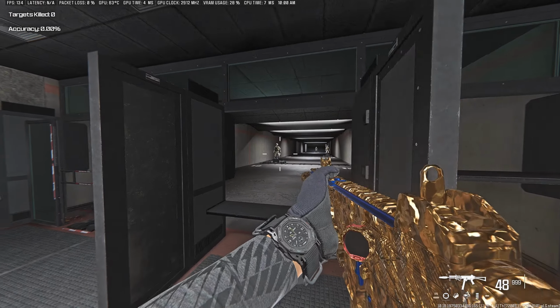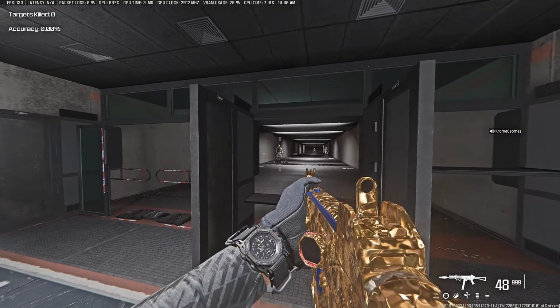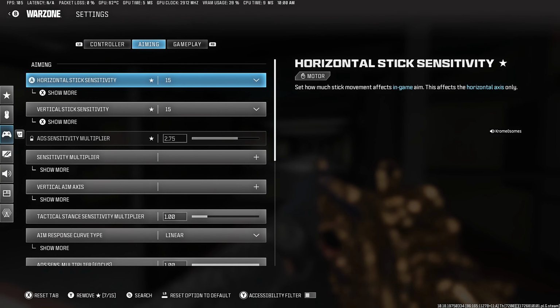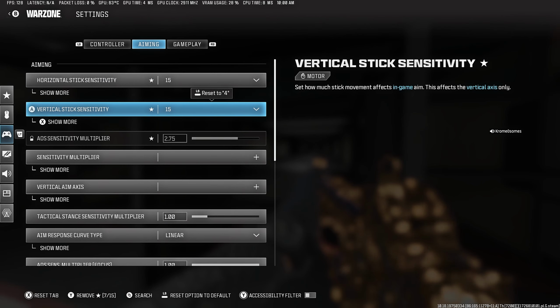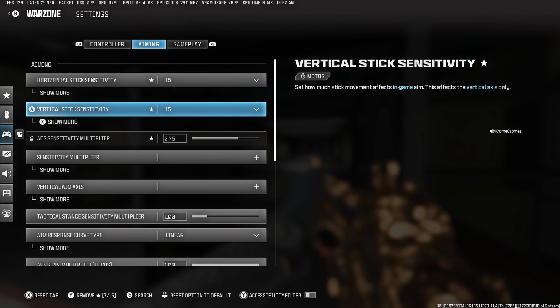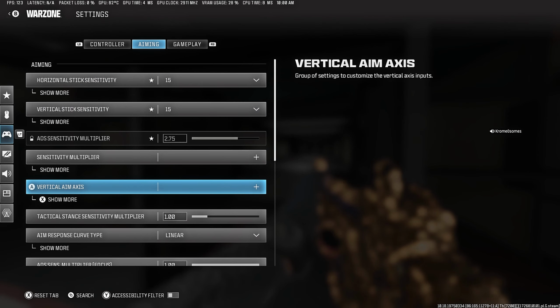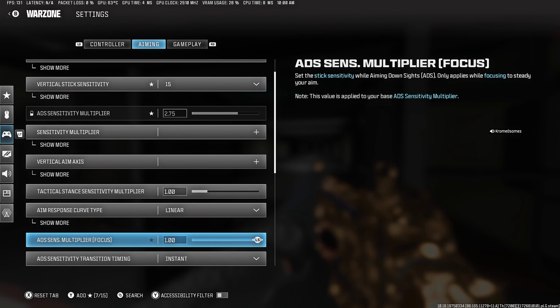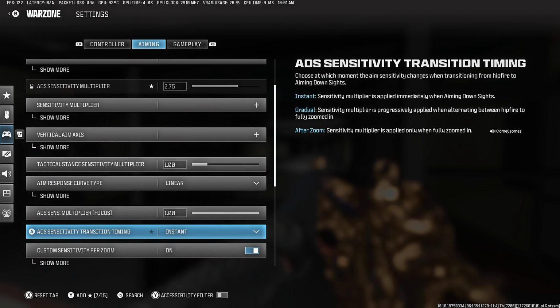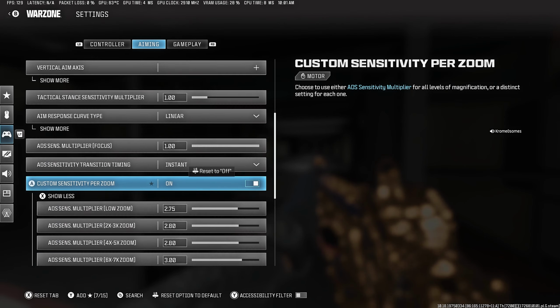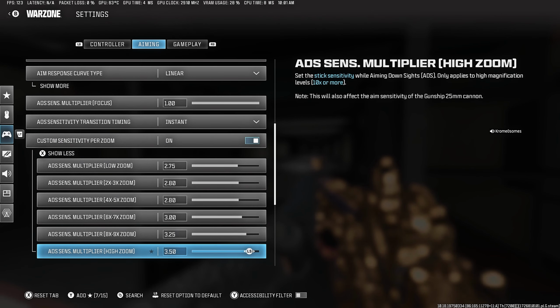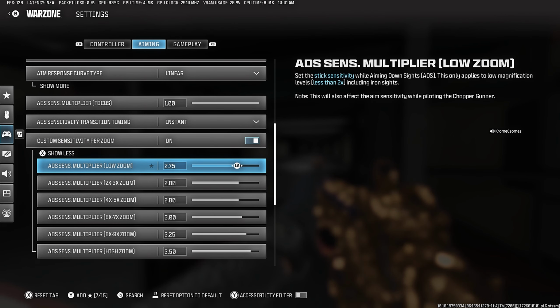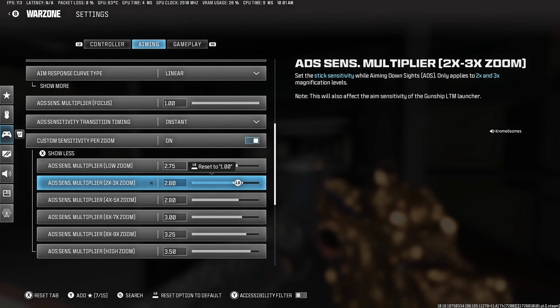So here it's got my Striker. As you can see, I've got rotational aim assist. For the settings I have, I'm gonna just go down and explain it right after. So I play on 15:15. I play with a linear aim response curve, as well as a custom aim response for each gun,